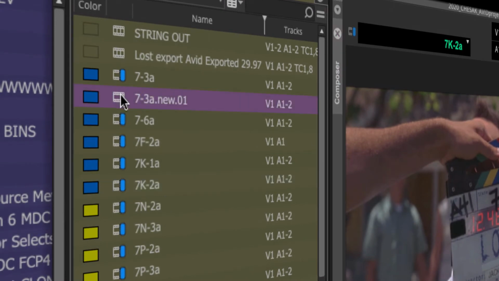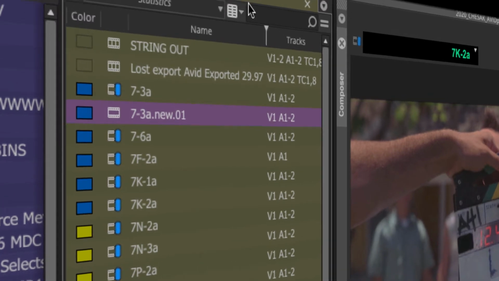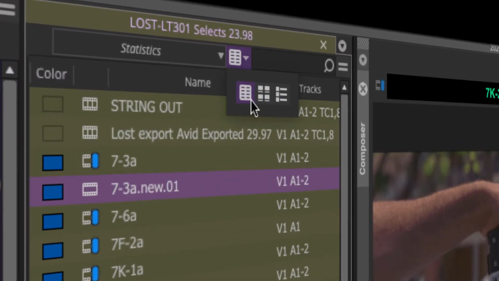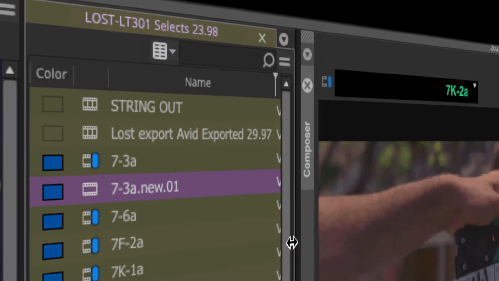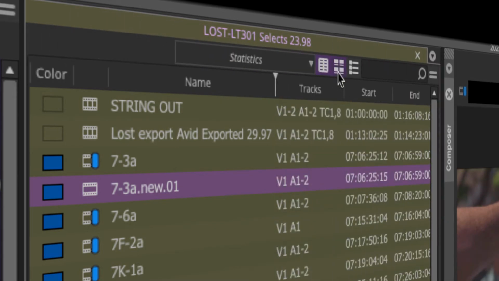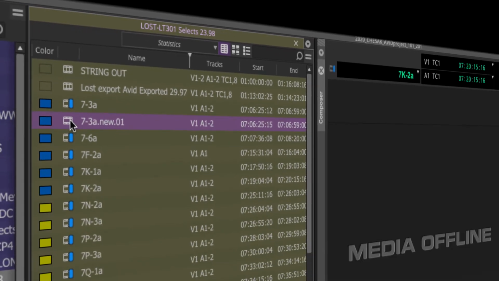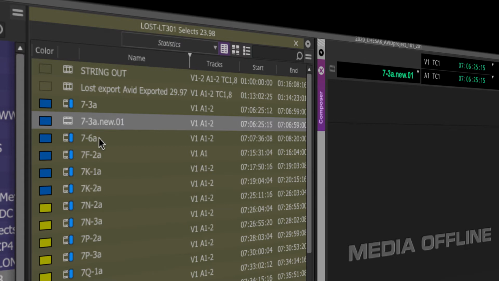Now, I am in list view, or Avid calls it text view, and these are the icons you use to navigate. And by the way, you'll see them arranged like this if your bin is big enough. Mine is kind of truncated down, so it's small, so you haven't made it bigger. Now you're seeing all three, and so that's the way that's working. Now this is a media offline, I believe a duplicate of this clip, and it's a duplicate of the clip but not the media, and I'm just going to double click it and I can load that even though there's no media. It's indicating that it did have 3 tracks,